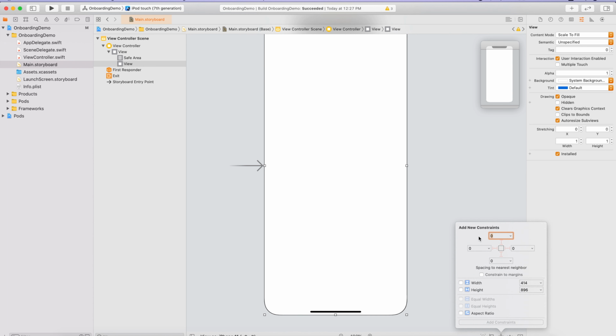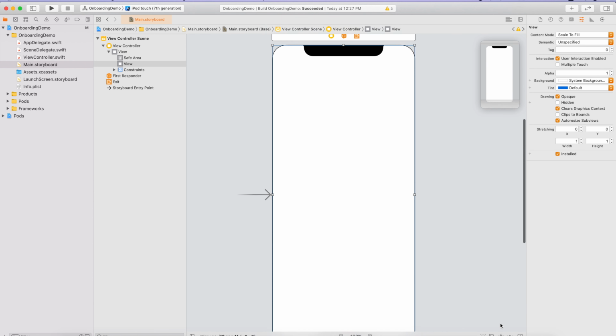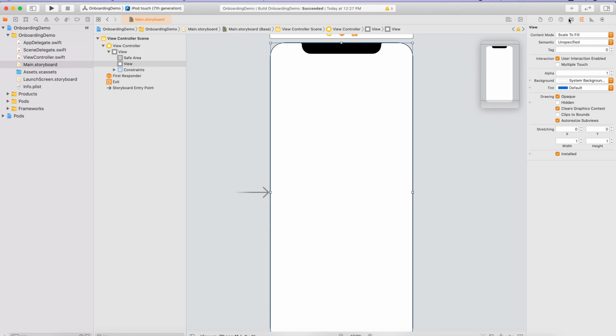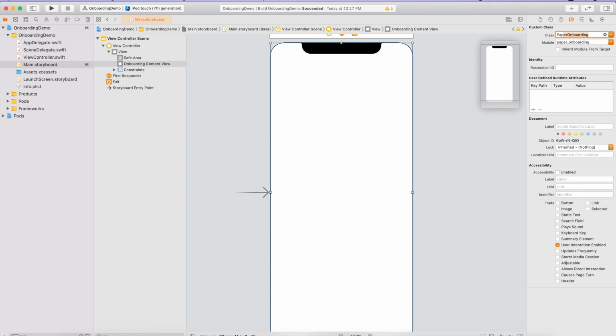Give it constraints, hit enter, and I want this view to be a subclass of Paper Onboarding, just like this. Okay,